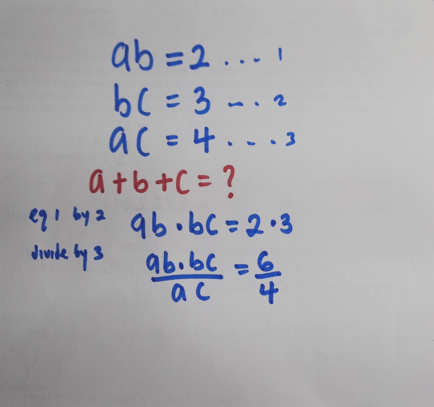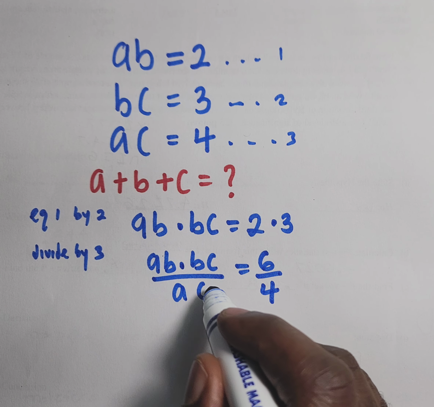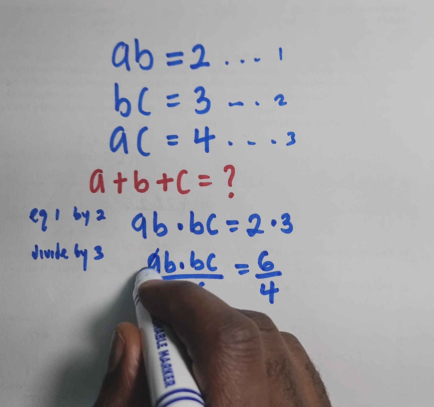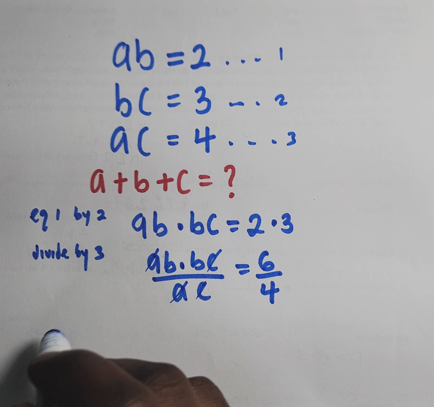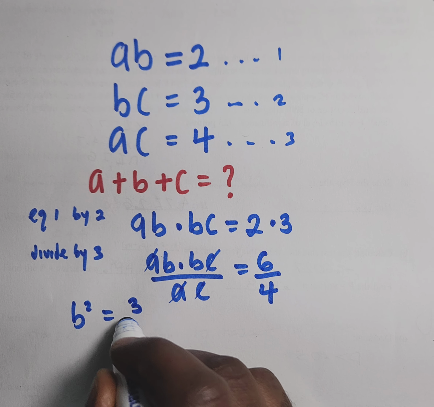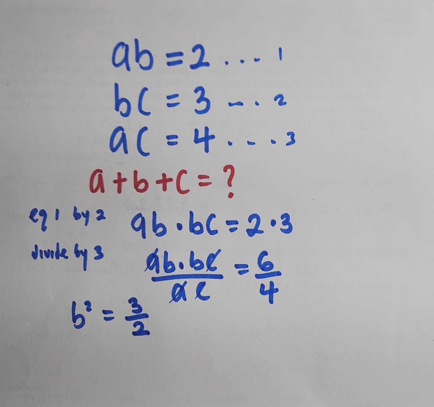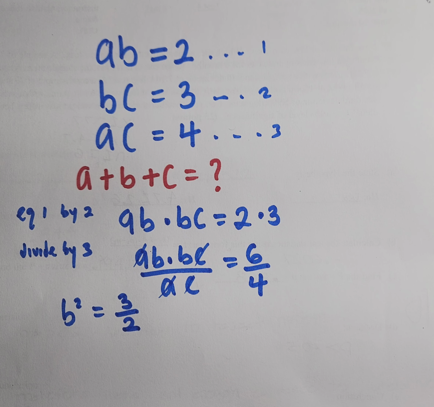So from here, I'm going to have a cancelling out a and c cancelling out c. So here I will be left with b squared to be equals to 3 over 2. This is very important because we are coming back to this. Next